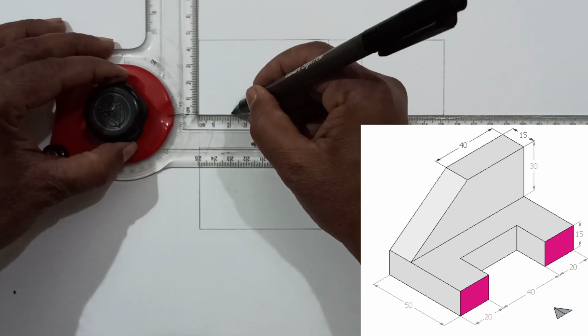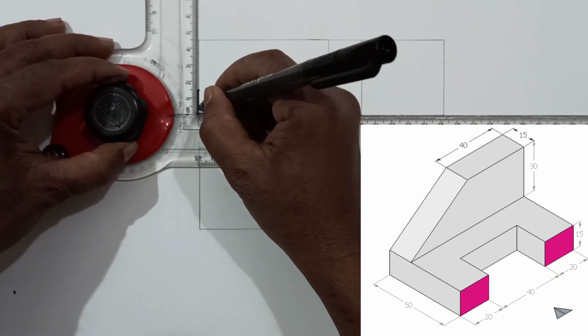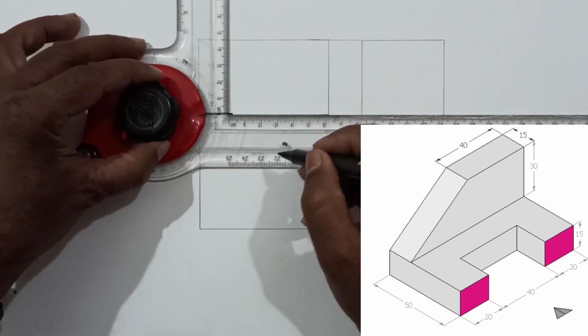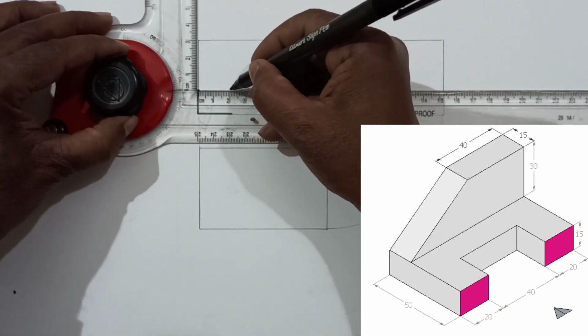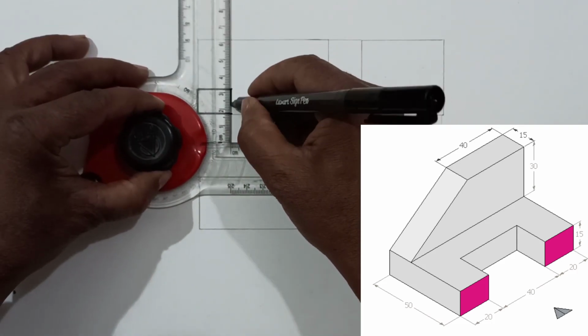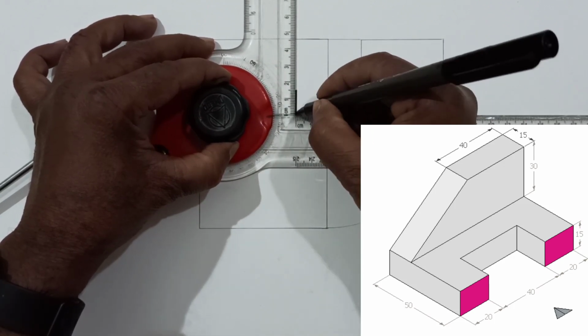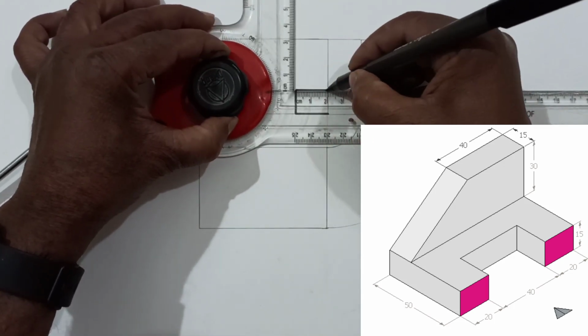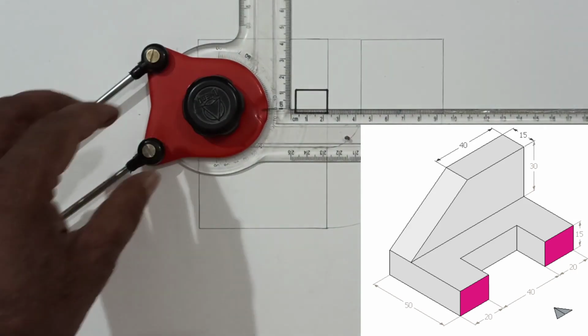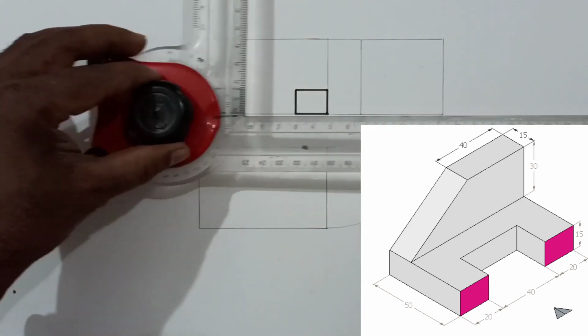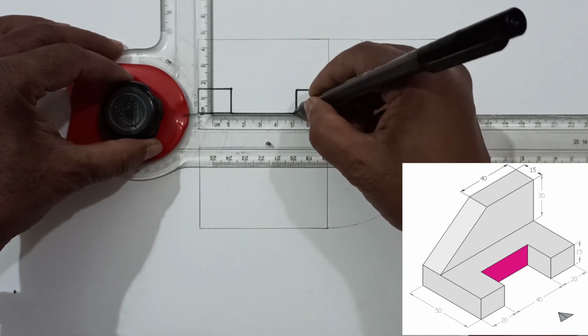Now we have to draw the front view. The pink color two surfaces, which are rectangular in geometrical shape with a length of 20 millimeter and height of 15 millimeter, we have to draw as shown in the video. Thus the two views are drawn here.